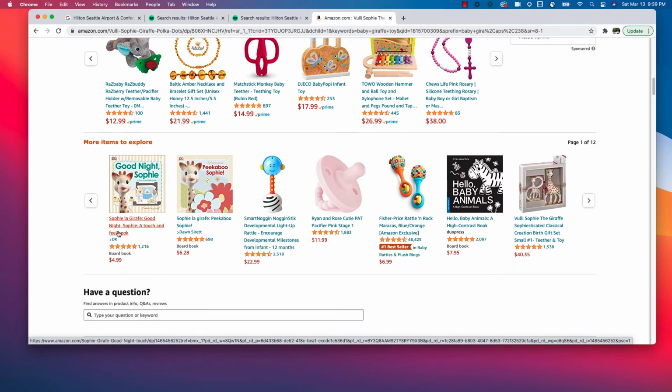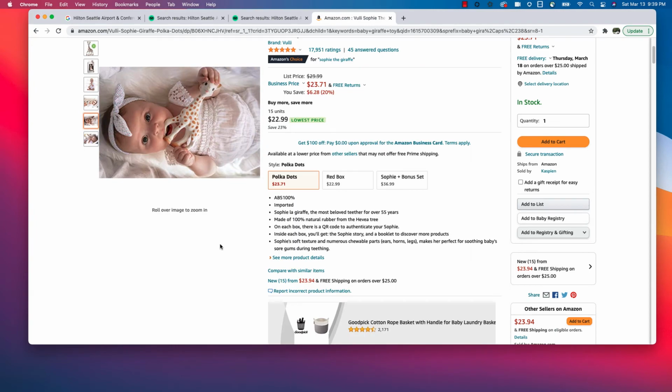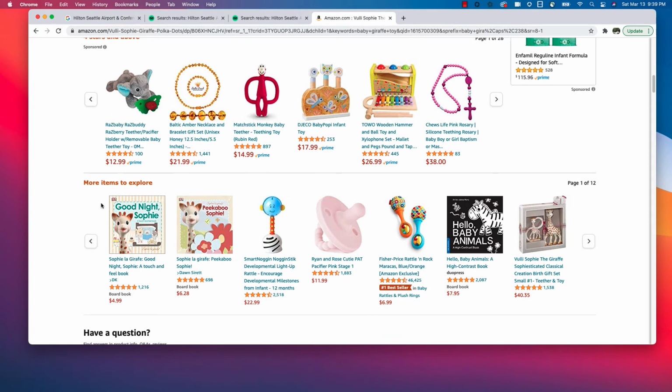These items are similar to each other regardless of which user is searching for those toys. This is called content based recommendation because the similarity is between the content. This particular item has a lot of giraffe words, a lot of similar looking pictures, and it's about babies. So it shows you similar items that have giraffe in them. It could be a book or a similar toy. These are the content based recommendations.